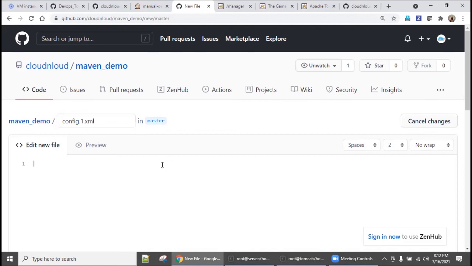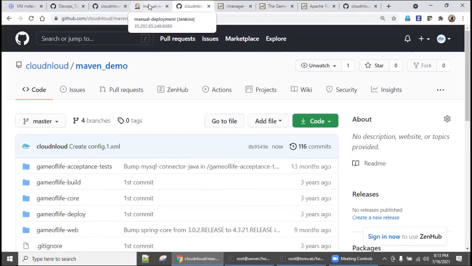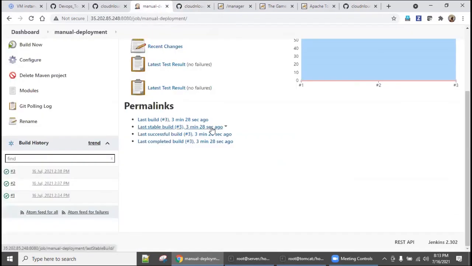Right, go here. This is just for testing. We are creating a test file, but technically it is a development change. I'm the developer. If I commit something, the moment you commit, immediately go to your Jenkins console and wait for it.